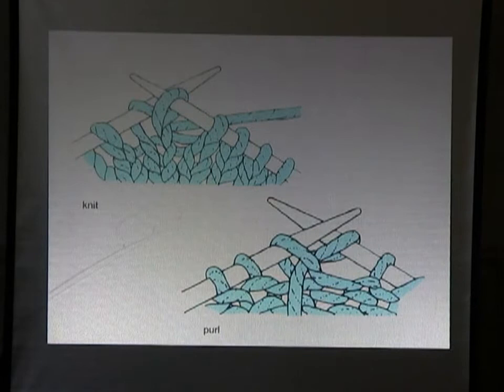You can either be pushing the existing loop to the back of the cloth, in which case you're making a knit stitch, or you can be pushing the existing loop to the front of the cloth, in which case you're making a purl stitch. In other words, these two basic stitches in combination create all kinds of decorative designs,